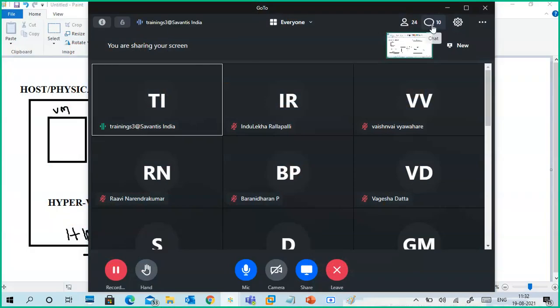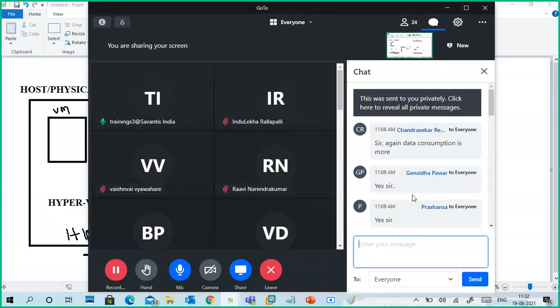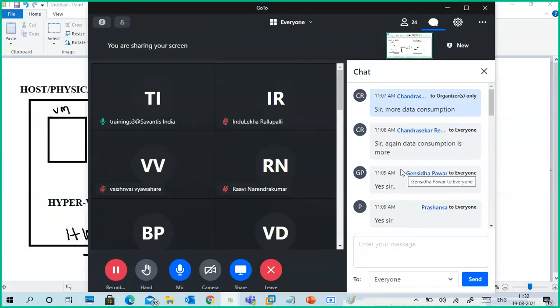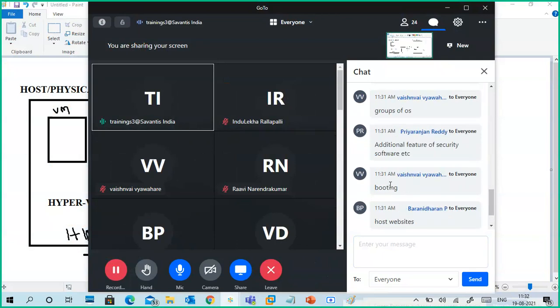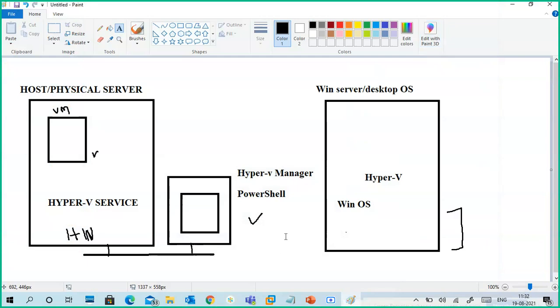User authentication we can get. Like Active Directory services, ADRMS, rights management services, WDS, deployment services, VPN services, remote access services, remote desktop services, update services.